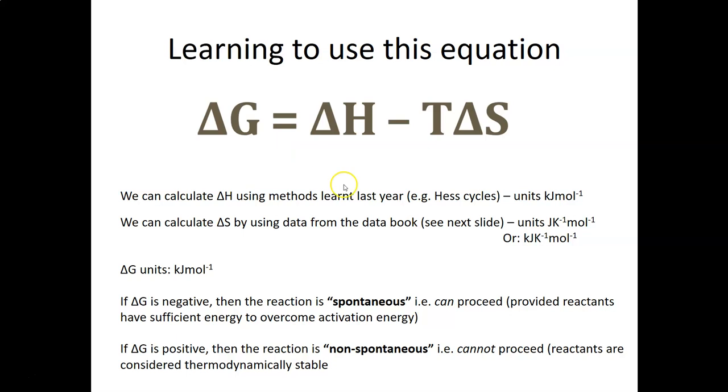Right, and there it is again over the page. As I've said already, these are the units. I'll come back to what it says up here in a sec. The units are kilojoules per mole,